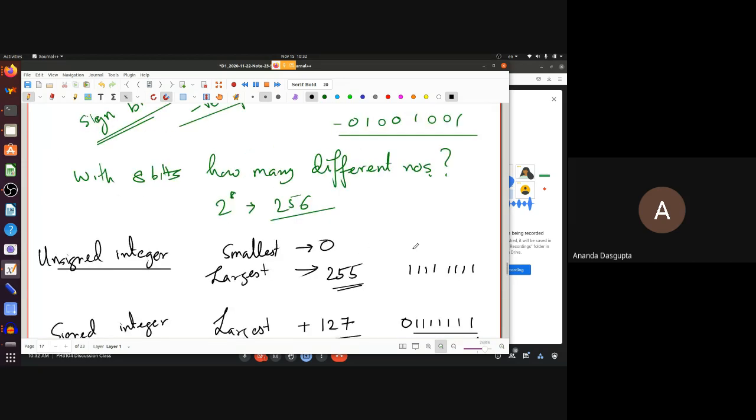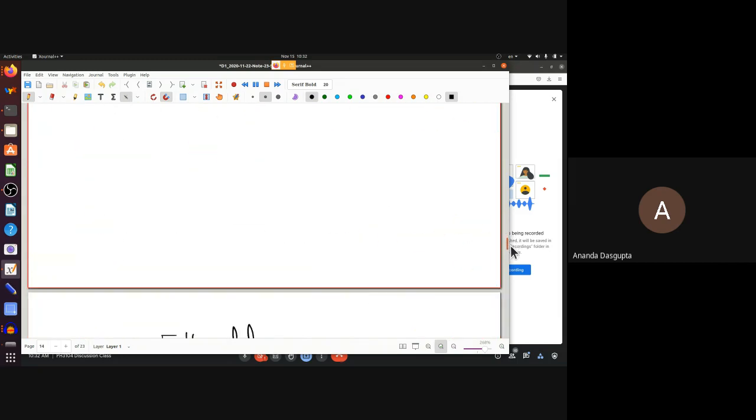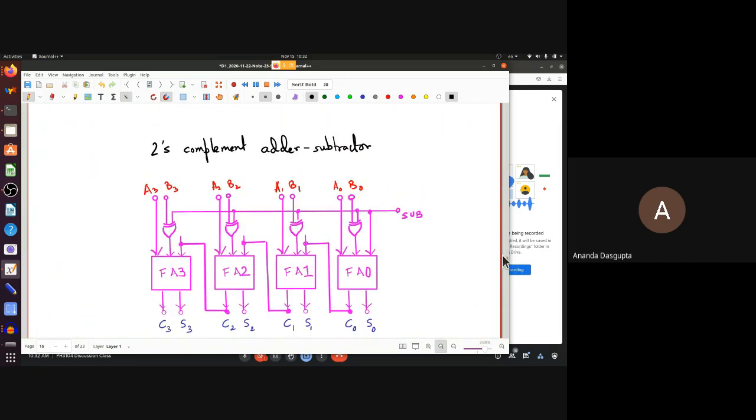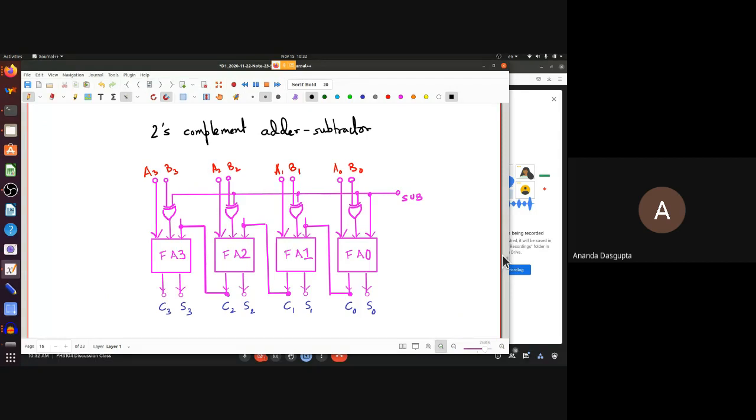Now let's go back and finally complete our rather important circuit here. This is called a two's complement adder subtractor. That's the last circuit I'm going to talk about. This essentially is a nibble adder subtractor because it adds 4 bits. So you have numbers, or it adds 2 4-bit numbers, A3